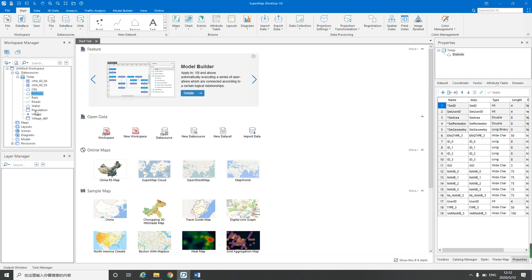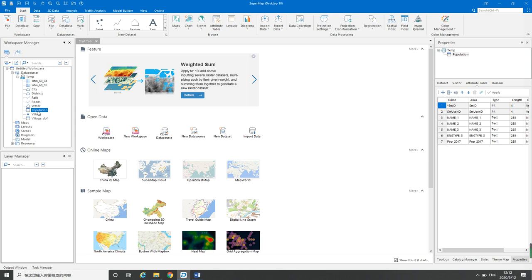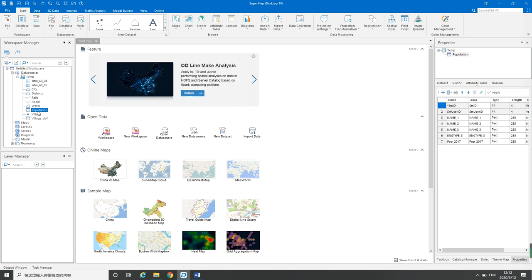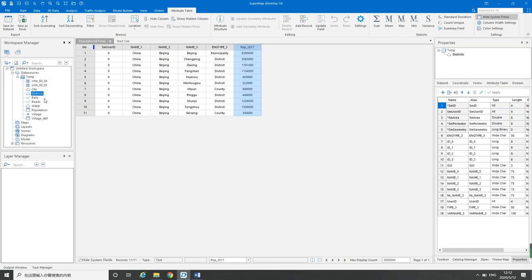So we are going to make a population distribution of Beijing. We want to make this map. So here we can see there is population data, and here is the district data. But if we want to show the population on our map, we need to add the population, just like the 2017 population, to the districts, because the population table